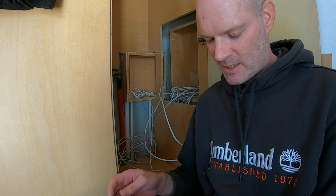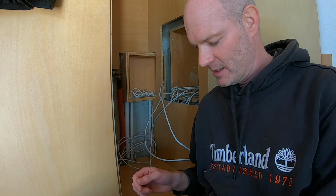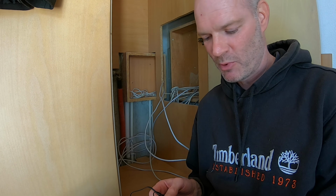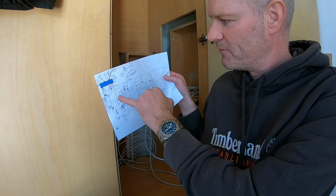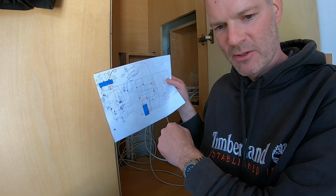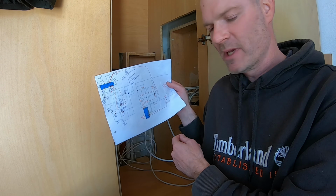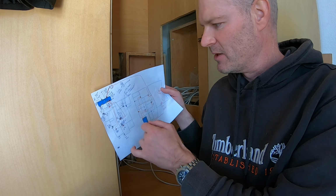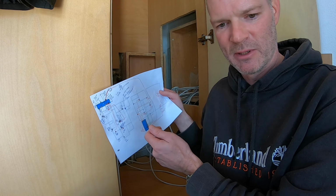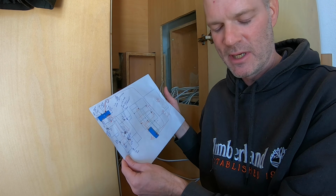Alright, so one of the first things I did was go around the house in all the rooms where there were TV points and telephone access points, and I took all the covers off all these points, and started to build a map of what cables were coming out, whether they were TV coax, satellite coax, phone cables, alarm cables, all these sorts of things, and took a note of what colours they were, if they were thick or thin, and also in all the boxes themselves, they have 20mm conduit, 25mm, 30mm,